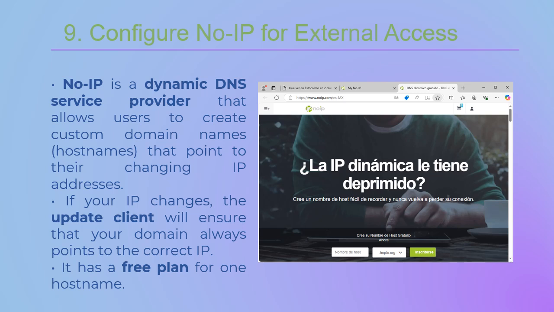So the path would be like this. When a user wants to access the website, the request would go from our browser on the internet that enters the public IP provided by the NoIP DNS service, that itself connects to the public IP to my local IP, which is itself allowed to be received by my router because the ports are open to receive the connection.